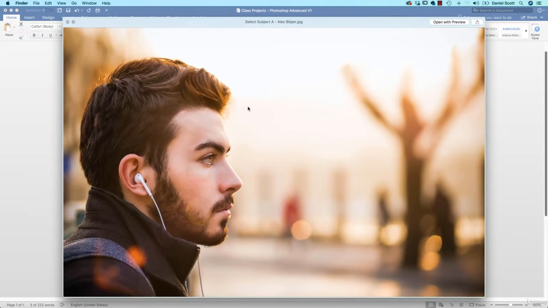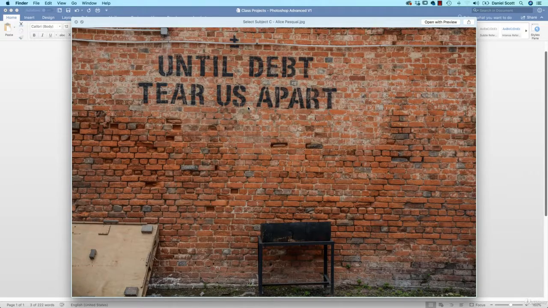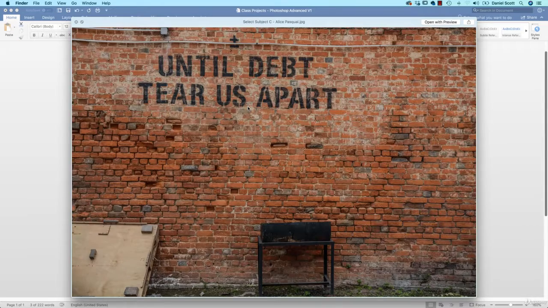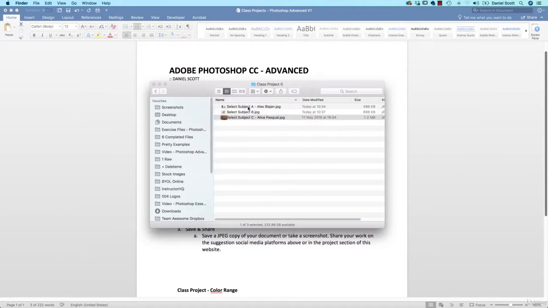Because these are very different kind of shots of models, you're going to have to mess around with this background, you might have to play with the levels of this one. Use your existing Photoshop skills to try and get them to blend nicely. You might have to blur the background. Up to you. But once you've got them together and you've got a reasonably good mask, I'd love for you